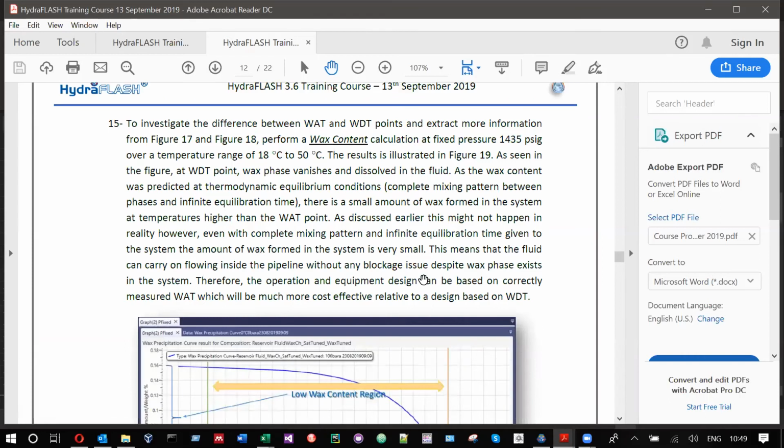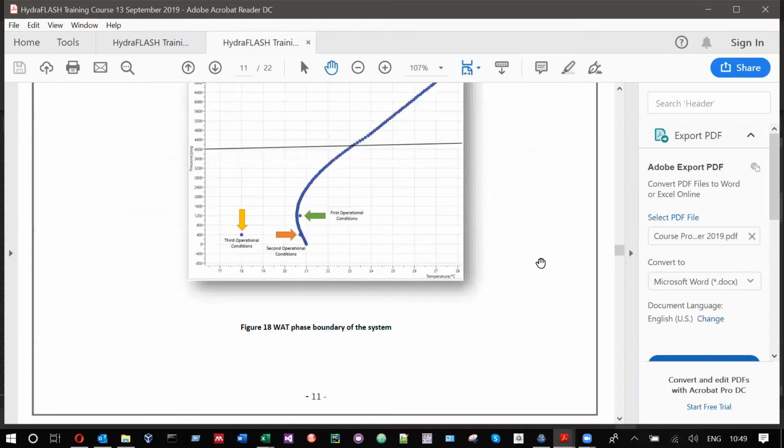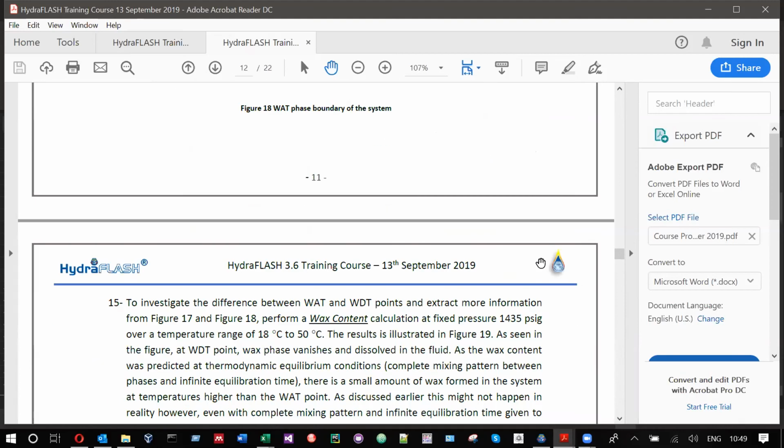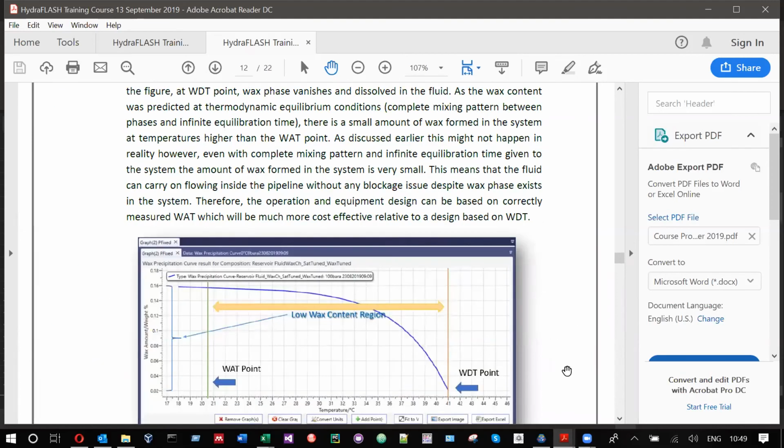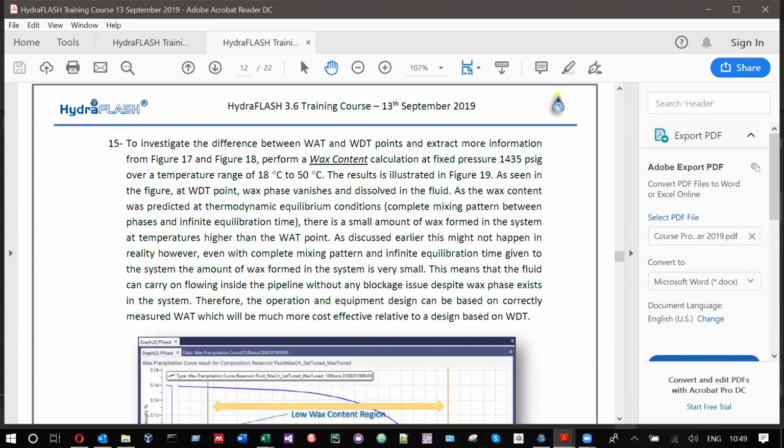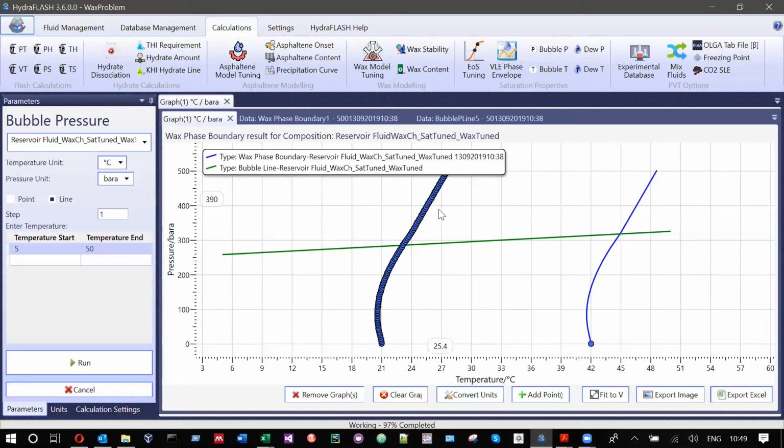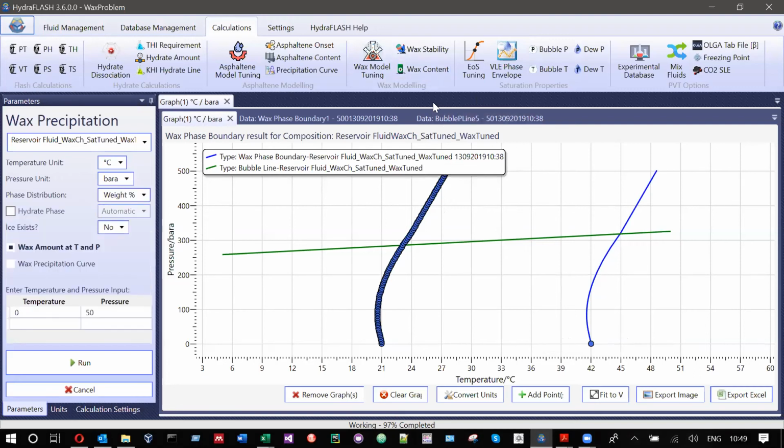So again, as you can see, we are inside the WAT line, so that's why they had a wax problem. But let's see, because as I was mentioning, there's a difference between WAT and WDT. So let's calculate how much wax we will actually have if we're working between the WAT and WDT line. To do that, you need to go to wax content calculation